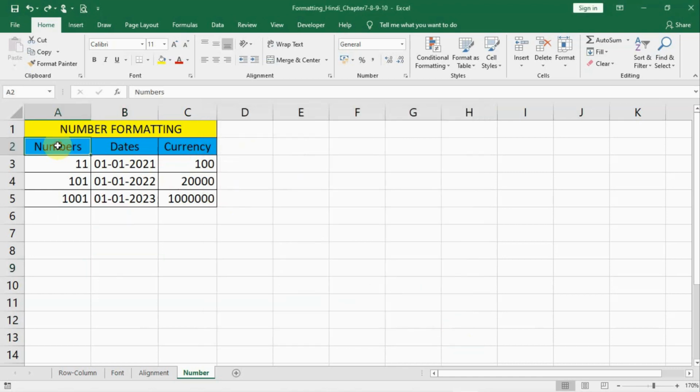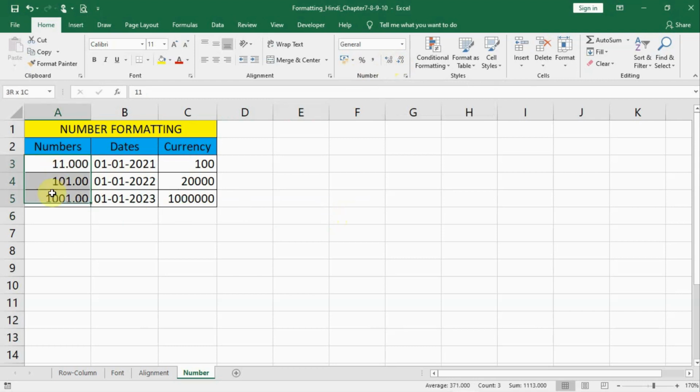Now here we have written numbers, and below that is 11. I can have these numbers in decimal format, and here are the shortcuts for increasing or decreasing decimals. If I click on this, I can have decimals. If I click on the adjacent button, I can remove the decimals also. It is my choice whether I have 2 decimals or 3 decimal parts. Similarly for others also. I can select multiple cells and increase the number of decimals.